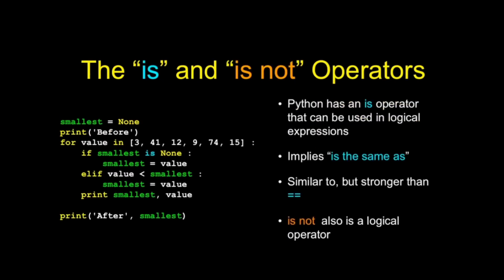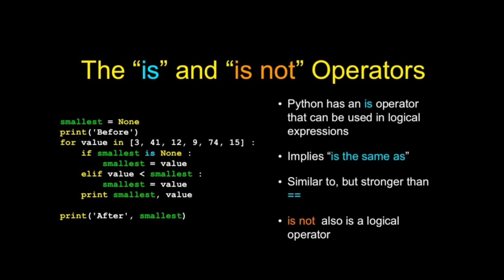So the is and is not operators are very useful in Python. You can think of them as like the double equal sign. They're asking a question, and they return a true or a false. It is stronger. Double equal says, are these things equal in value? So just as an example,